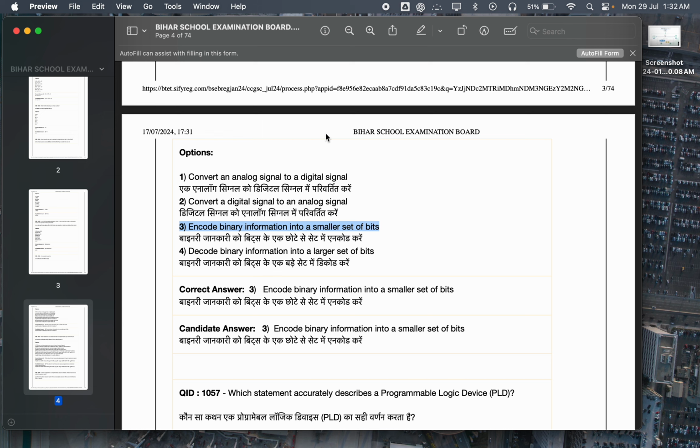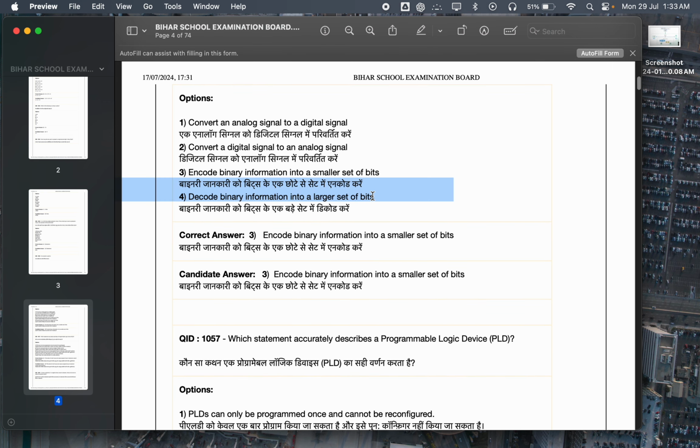Hmm. So why do we need an encoder? In order to transmit something, right, we can't just transfer the whole object as it is. We'll have to convert it into smaller chunks, right, and those smaller chunks are actually bits, because binary information is a bit big, right? So let's say you want to transfer a video, right, using Bluetooth. In order to transfer the data using Bluetooth, we actually transfer it in terms of bits, and we won't be transferring it in a large set of bits, right? Because what's the point of encoding it if we are going to transfer it in one go, right? So